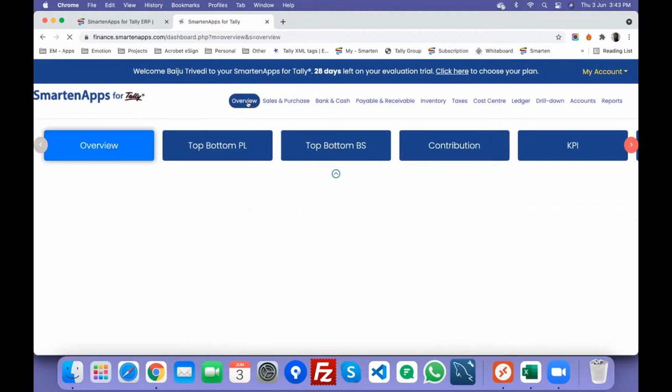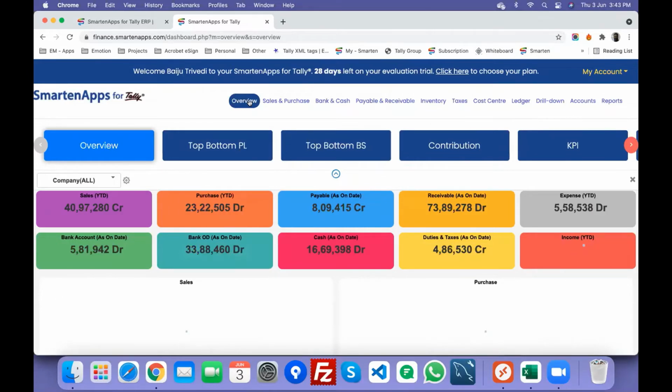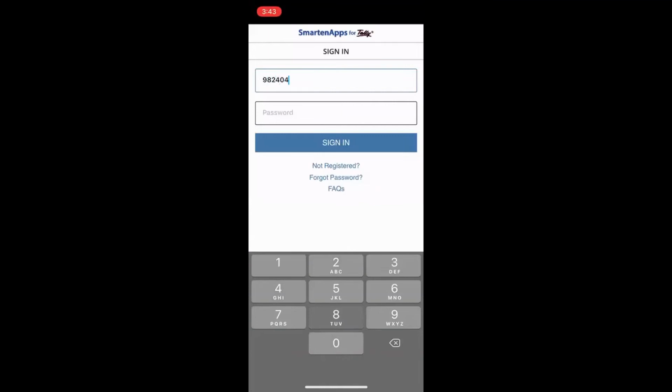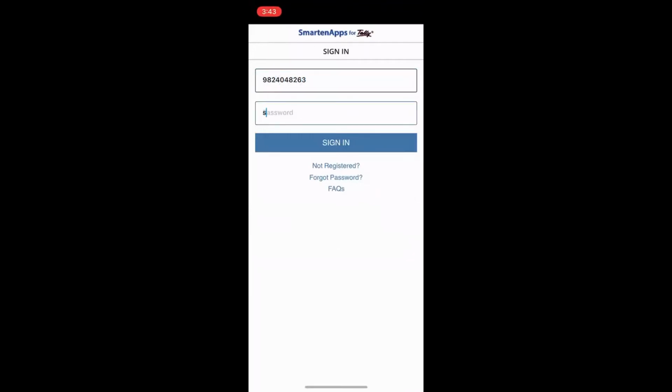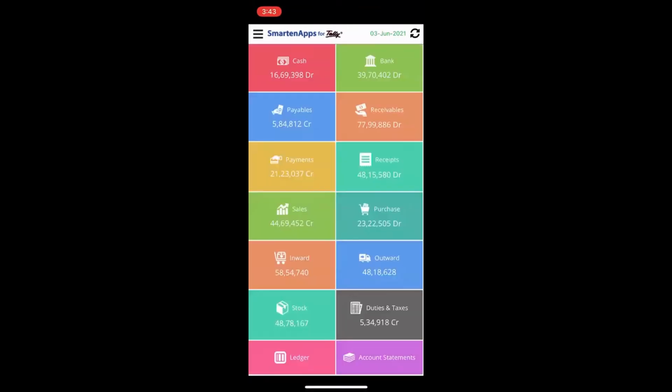And now we can show you the mobile app interface. You use the same credentials on your mobile app as well, and you will be able to see your data on the go via your mobile app. So let me start. I'll log in with the same credentials, no change. So you have access to these important parameters like cash, bank, payable, receivable, payments, receipts, sales, purchase, inward, outward,